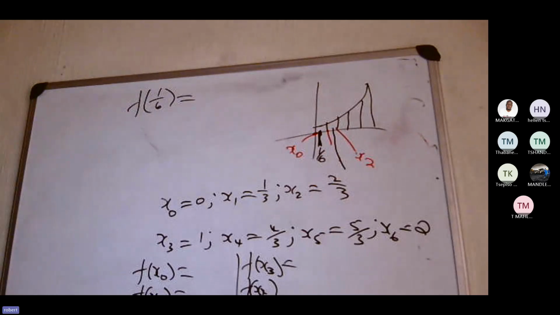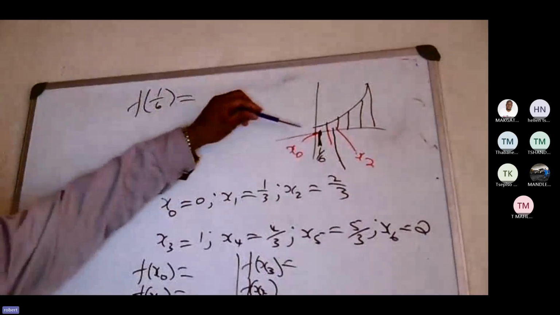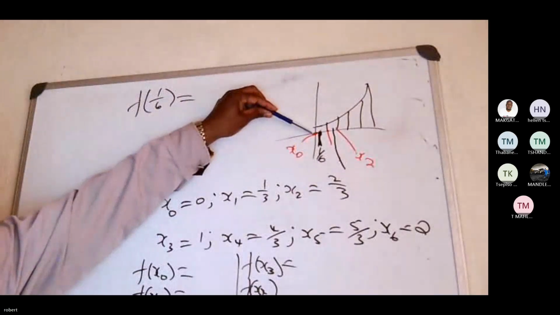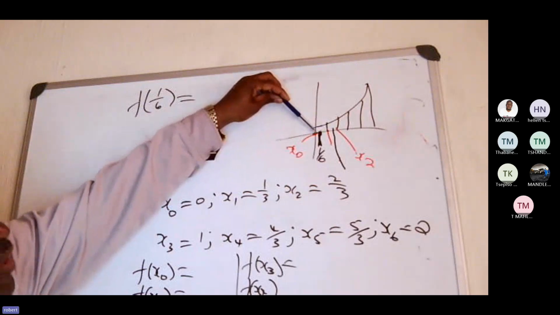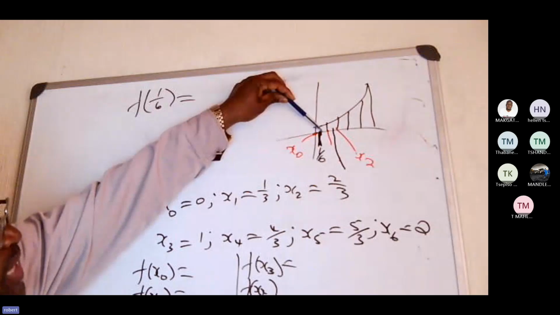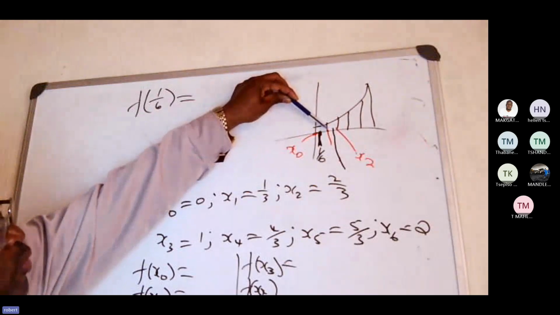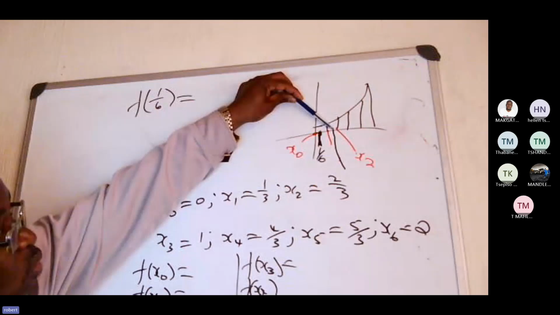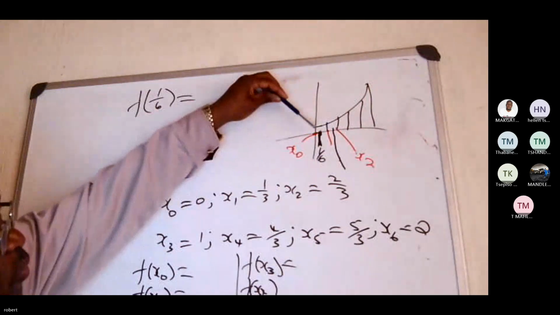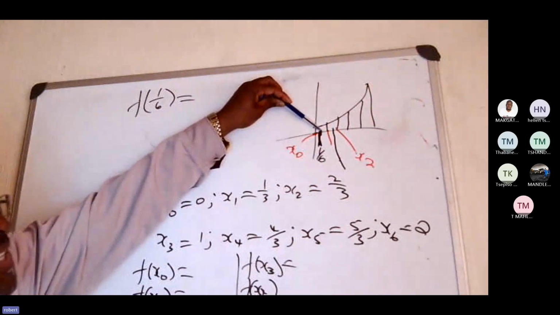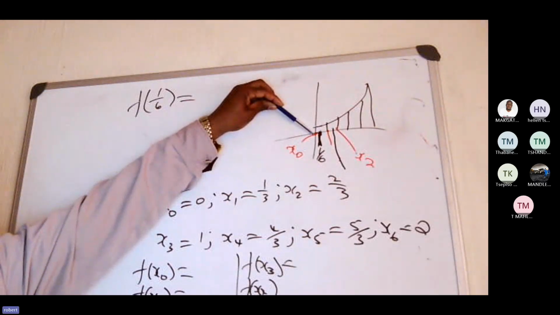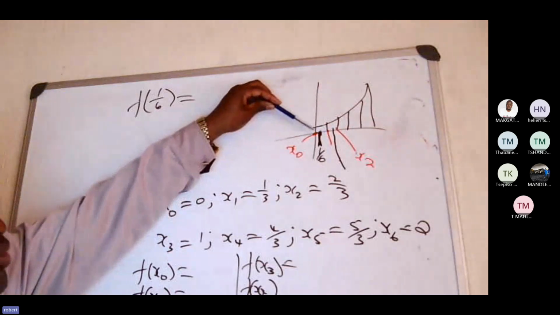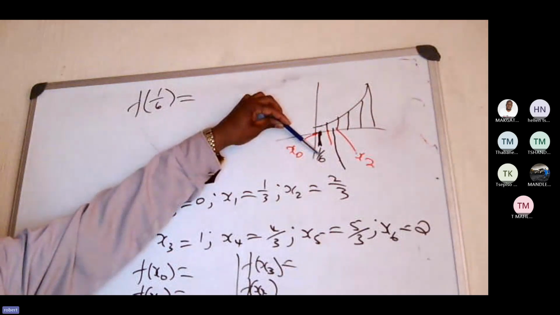It's very simple. Why? Because this is the midpoint, the midpoint from here to here. Because this is the midpoint, it means from here to here is equal to from here to here, which will be equal to from here to here. Therefore, once you find the midpoint here, if you are starting at 0, and the midpoint of the first one is 1 over 6, what do you do now